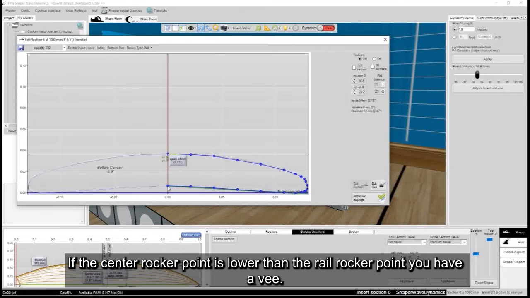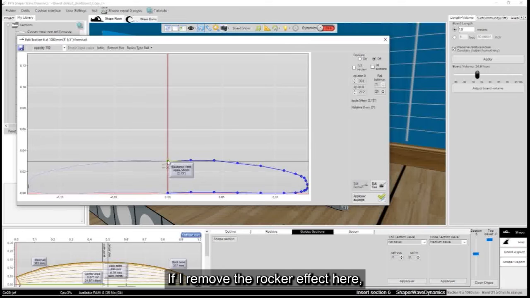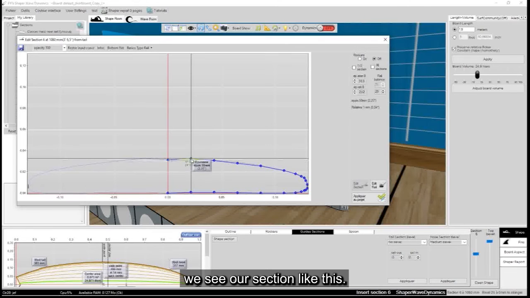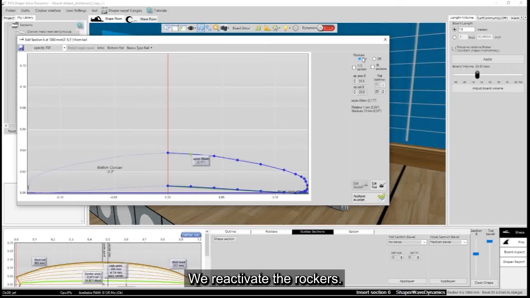If the center rocker point is lower than the rail rocker point, you have a V. Here we see the effect of the rail rocker and the center rocker tilting the whole section. If I remove the rocker effect here, we see our section like this. We reactivate the rockers.